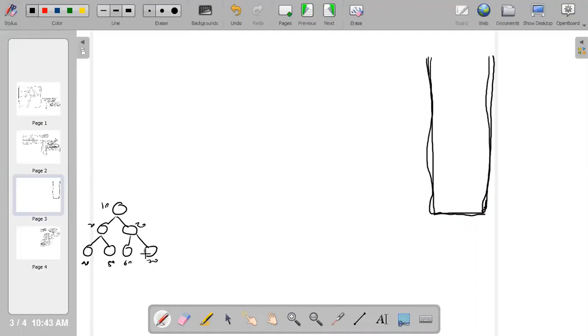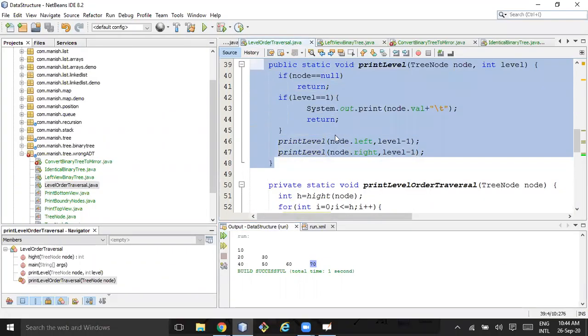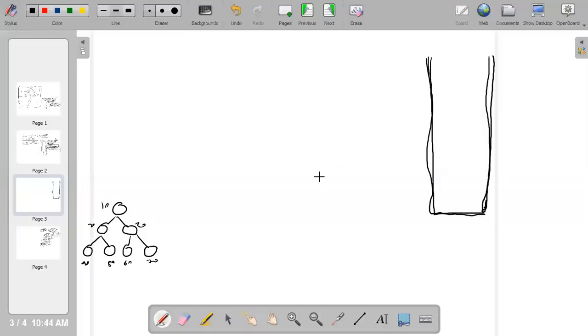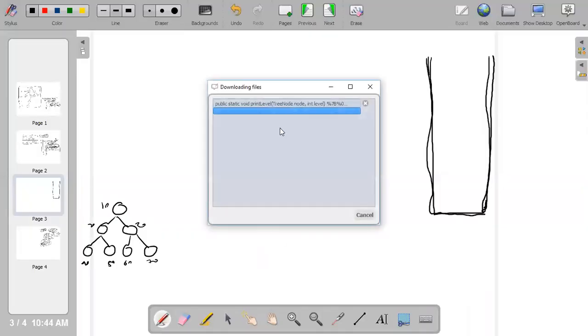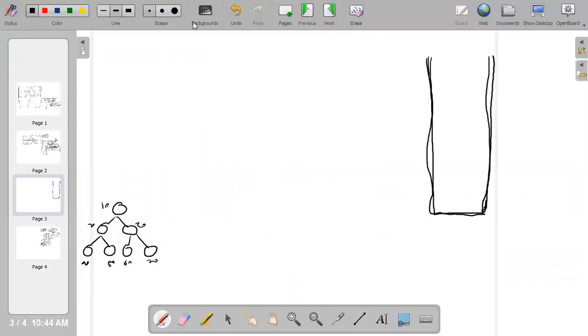Okay, and let me copy this code here. Oh shit. Sorry, it got hanged.